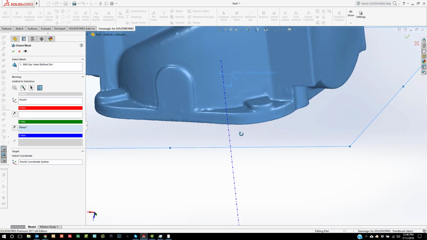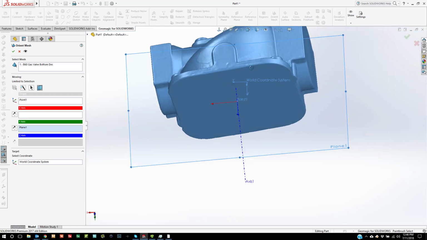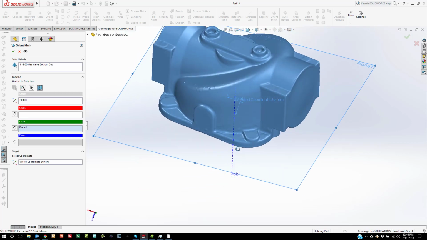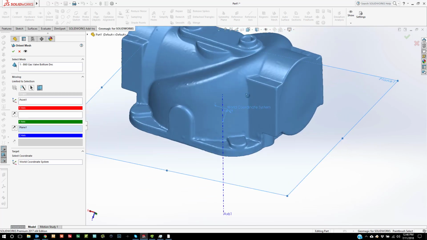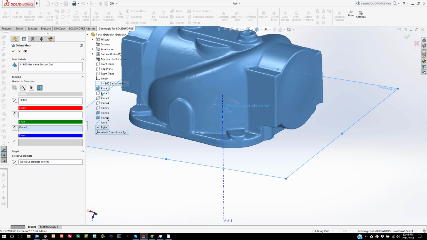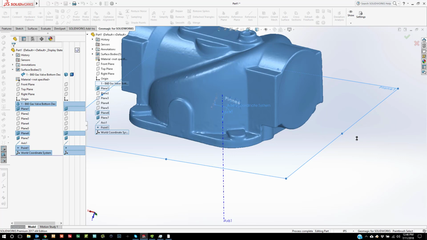And then if I want to use one of those side planes, I'll go ahead and select one of those. So I'll maybe use as my x-axis this plane here. Now if I hit OK,